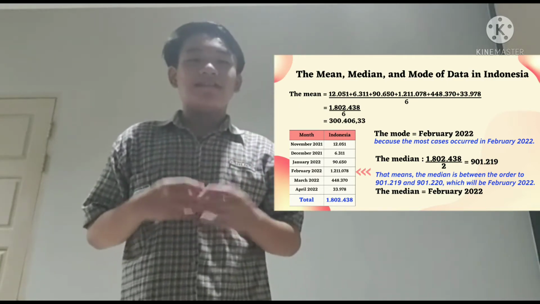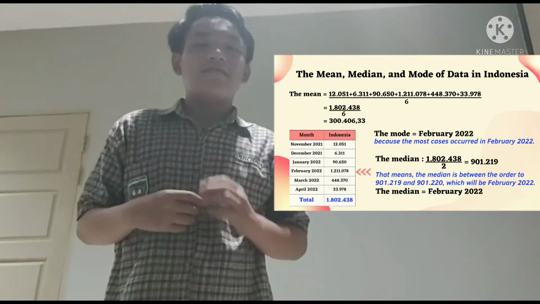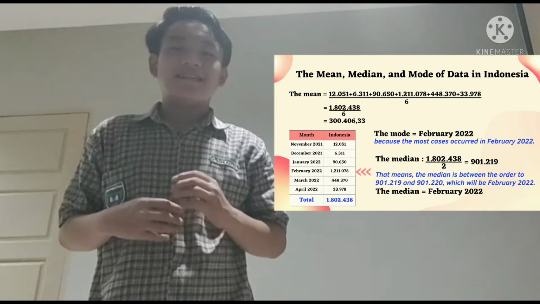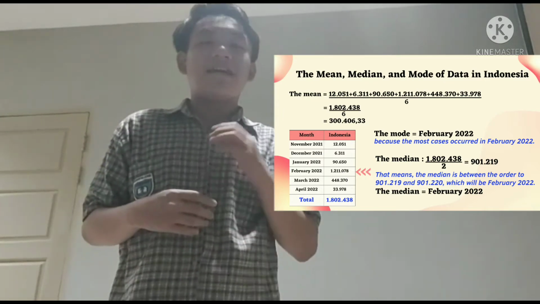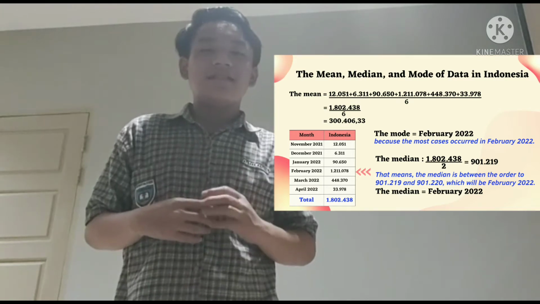Now, I will show you the calculation I made for data A. We need to find the mean, mode, and median too. As we all know, we need to sum all of the data we have collected in data A, then divide it by how many data we have for data A. Here, we will sum it all first.